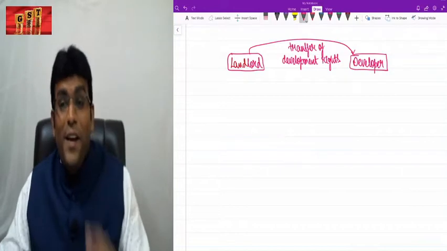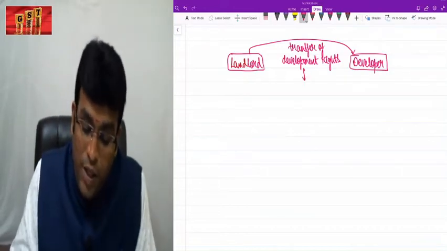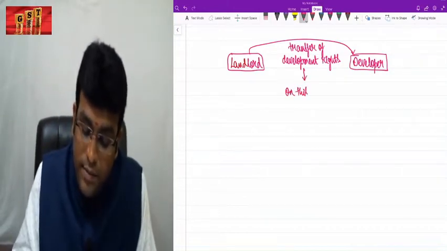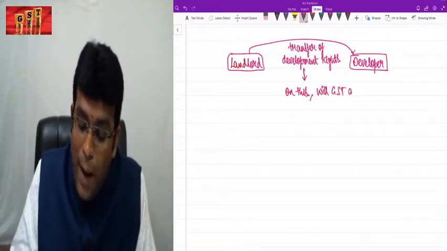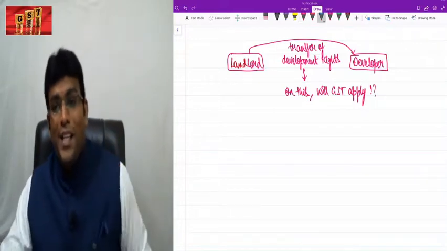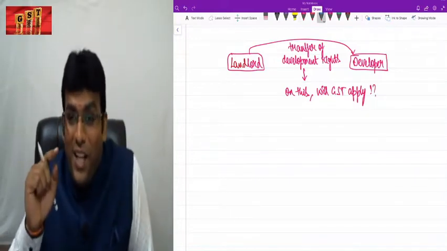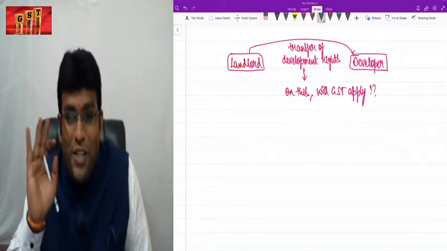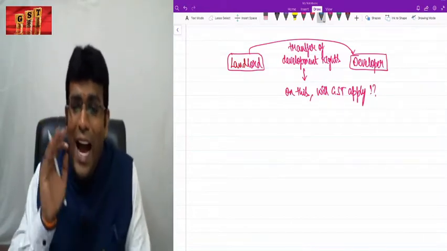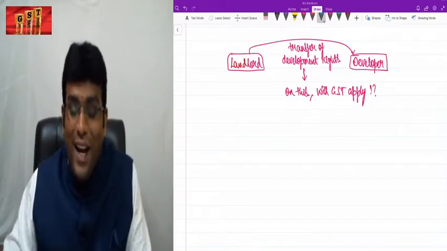Correct, my dear friends? Now the interesting point is that the question is all about whether GST will apply on this. That is the primary question we are trying to answer. Otherwise, we are trying to answer the question whether transfer of development rights attracts GST or not. Now for this, my dear friends, an interesting point what the law told is that